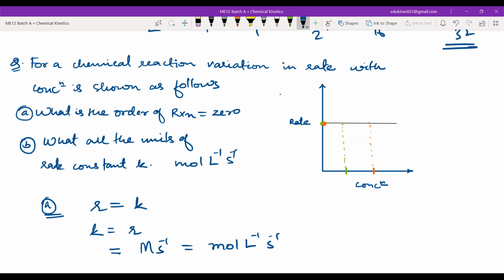Okay. Now please tell me, are these tough questions or easy questions? When I do it, these are easy questions, right? Easy ones. Okay, so these are not very tough. These are a bit conceptual, in that you have to derive the rate equation from the graph, but these are easy. So don't miss these types of questions. Please write this down. Let me know if you're done. Done.